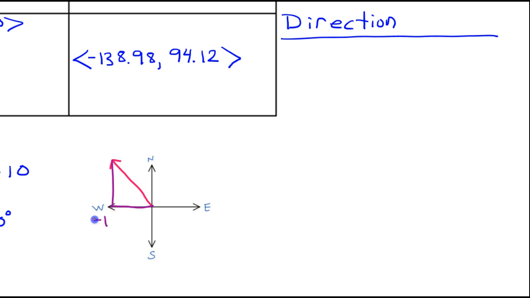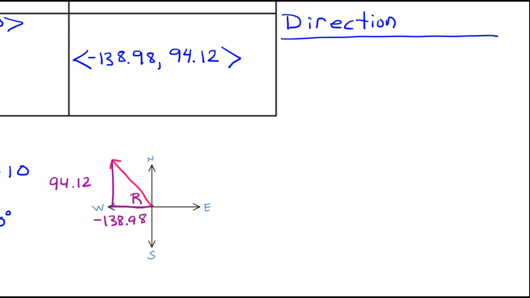So the negative 138.98, that's our horizontal component, and the 94.12, that's the vertical. So using these numbers, we should be able to find the measure of this angle R, the reference angle,